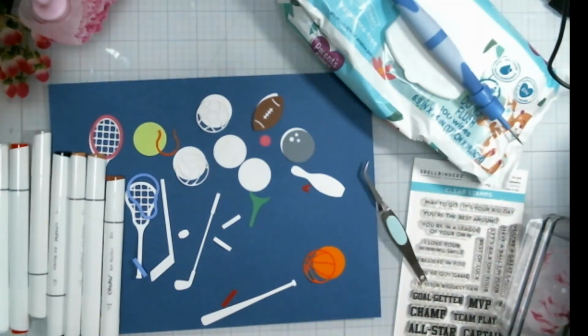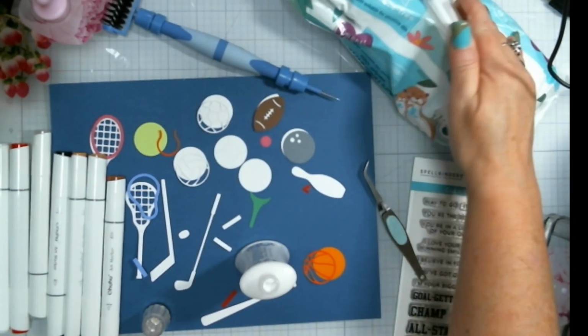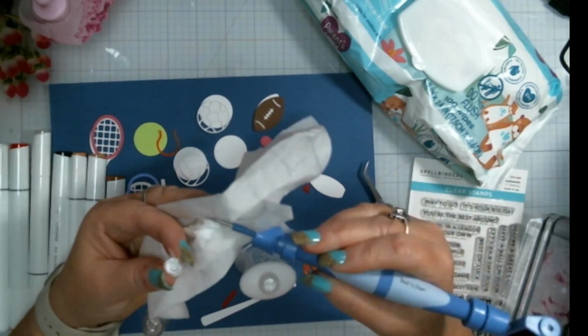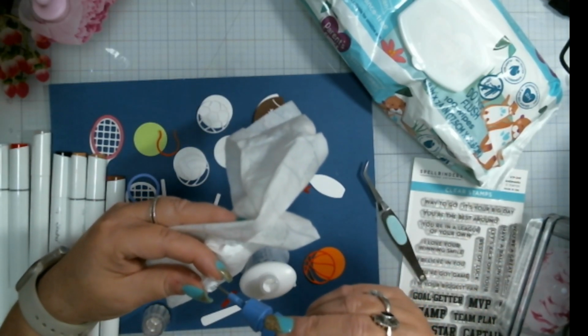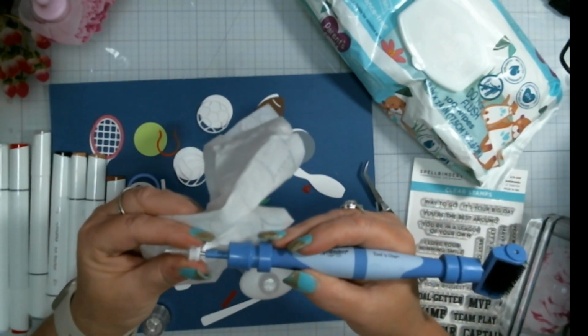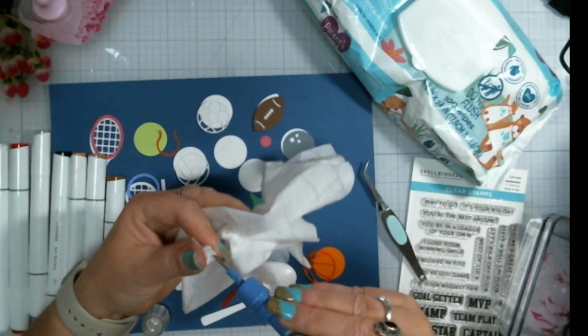Oh, if only I had my glue. Huh? How about that? I don't have glue here. Well, I have this glue, but it's been clogged. Does it happen to you guys? My glue got all clogged. I don't know why it got clogged, because I use it. Do you have to clean out the nozzle on your Nuvo glue? I don't usually, so I don't know what happened to this one. Maybe I left it open once too long, but we'll just squeeze that icky dried up glue out of there